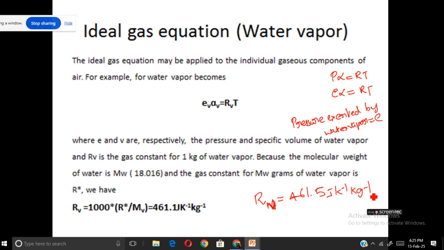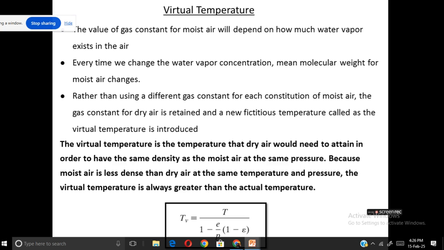R_V is the gas constant for 1 kilogram of water vapor. It is calculated from R star by M_V, which is 8.314 divided by M_V, the mass of water vapor, which is 18 gram. So from that we got R_V is equal to 461 joule Kelvin inverse kilogram inverse. So that is the ideal gas law for